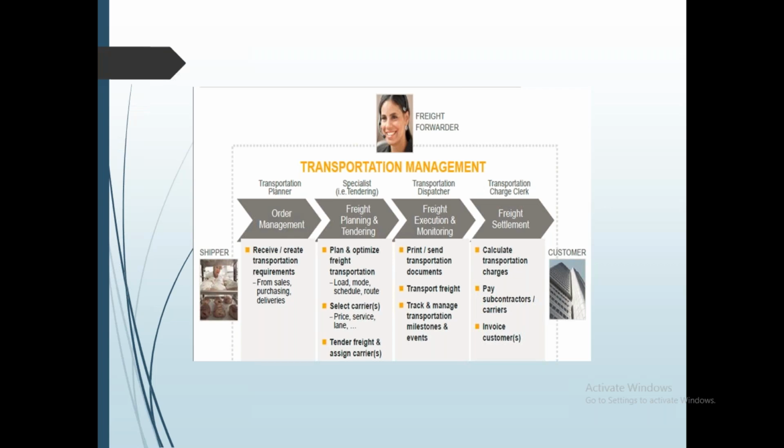See, as I told you, there are two variants of TM. One is for a shipper scenario and one is for your LSP scenario. If we are talking about LSP, meaning a freight forwarder industry, like UPS, like DHL, like FedEx, where their main process is transportation, that means they don't need to have ECC to trigger the requirement. They can directly do it from TM. That is for an LSP.